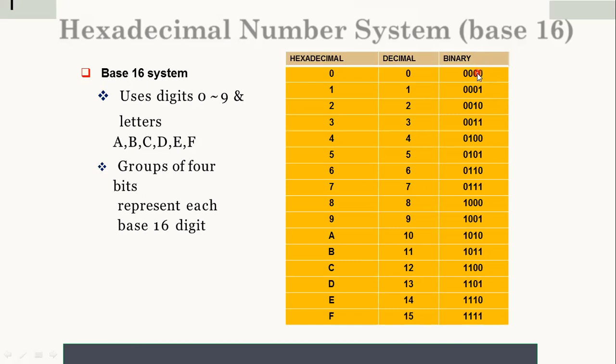The next bit is multiplied with 2 power 1. The next bit is multiplied with 2 square. The next bit is multiplied with 2 cube. You remember that? So here, how to convert the binary number into decimal? Suppose you have 1001. This is the number. How to convert this into decimal here?